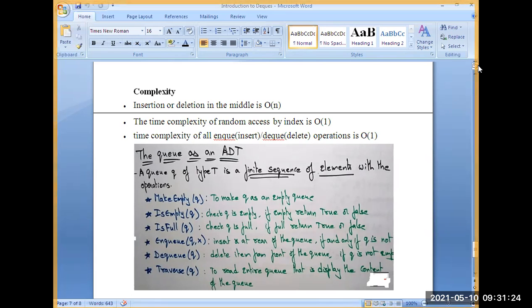So actually what is ADT? Just remember that ADT is a collection of data and a set of operations performed on that data. How do we implement the ADT?